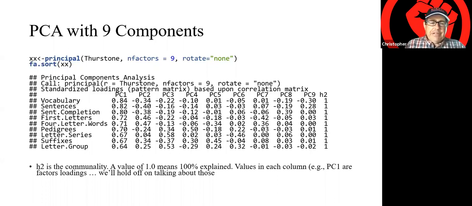But for now, the only statistic I want to draw your attention to is H2. H2 is what's called the communality, and that's how well any individual variable is explained by your components or factors. H2 here for each of them is 1, meaning that they're fully explained. This goes from 0 to 1. You can think of it like an R-square value, getting at how well each of those variables is predicted by these 9 factors. So these are all 1, and that tells us something about component analysis. It's trying to explain all the variability, and it will explain all of the variability. It'll explain 100% with